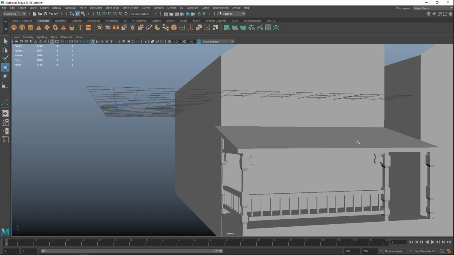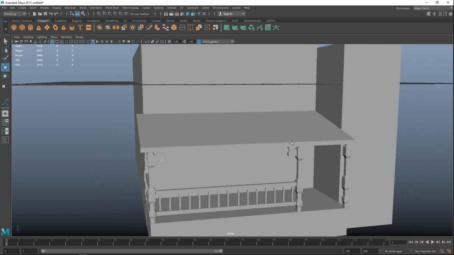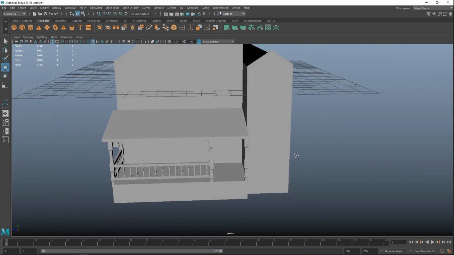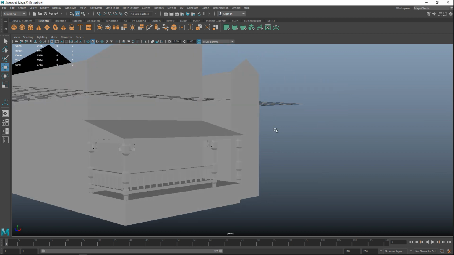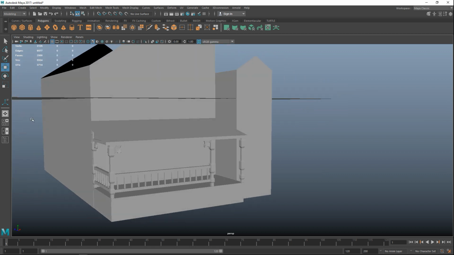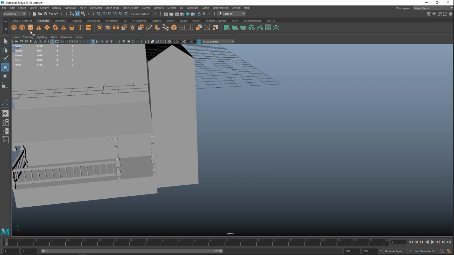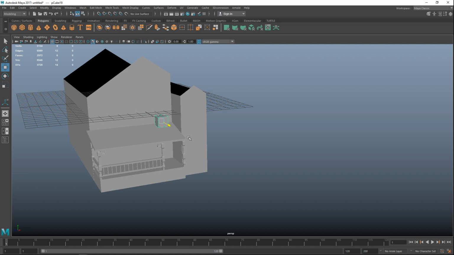Okay, so now that we have all that, let's see what we're going to do about our windows. Okay, now we're going to use the window multiple times. So once we have it fabricated, we'll do one up here. We'll do one here on the side, we'll do one over here, and maybe even one on the side there. And then we've got windows down here as well, okay? So let's start with that. We're gonna take a polygon cube. Let's hit W and move that out. We're gonna hit R to scale it up, push it in,